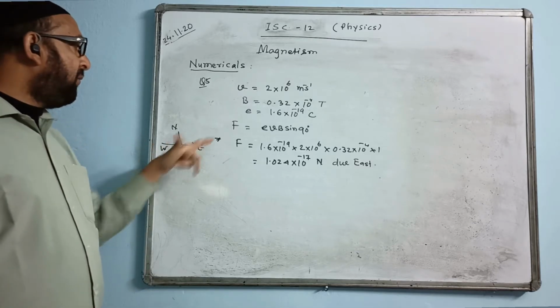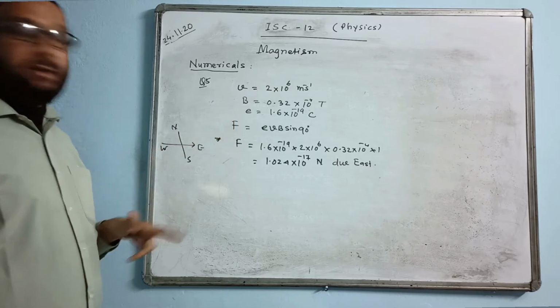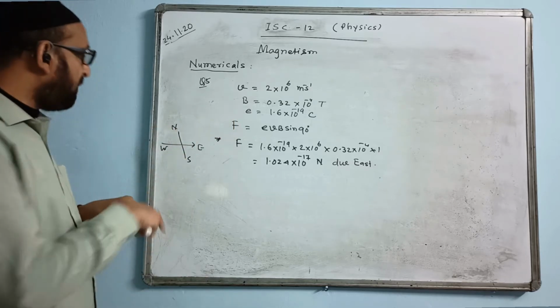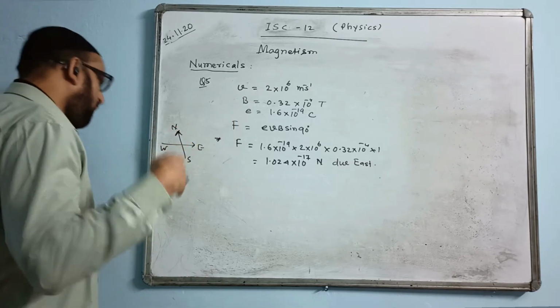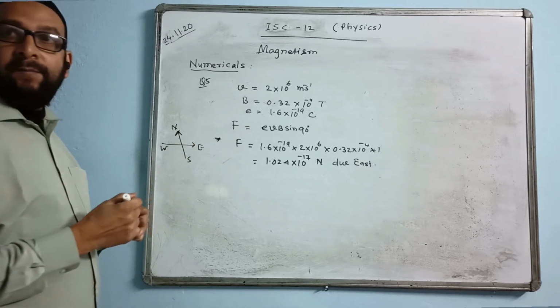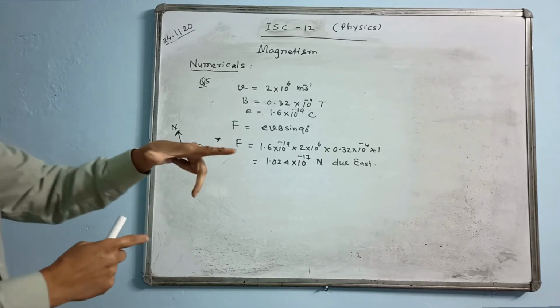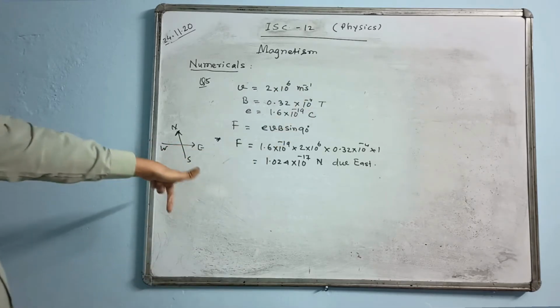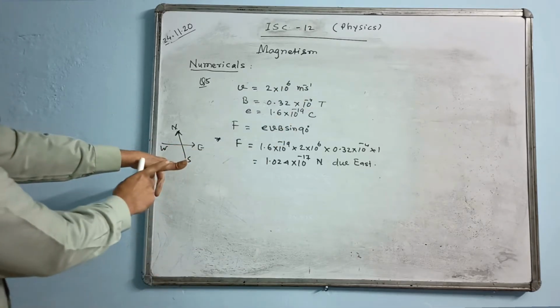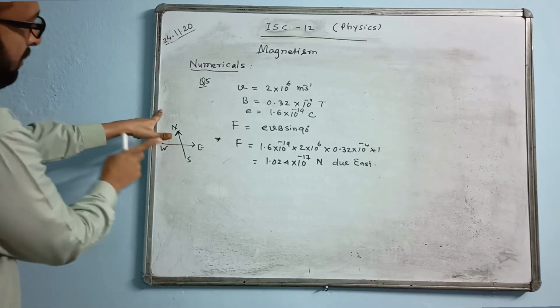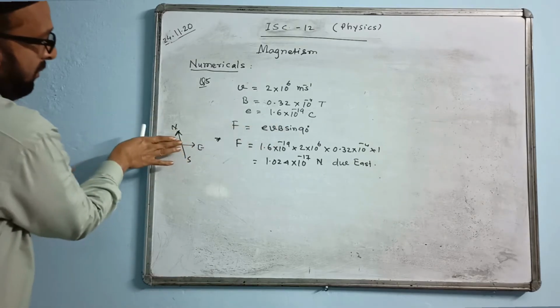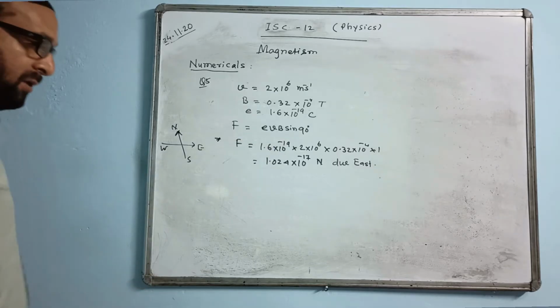And out here, B is in the south to north direction. South to north is going like this, horizontally inward, this way. If you keep the fingers like this and do like this, what direction is my thumb going? You can see this one. The thumb is going this side. This side is what direction? East. So I write there east.